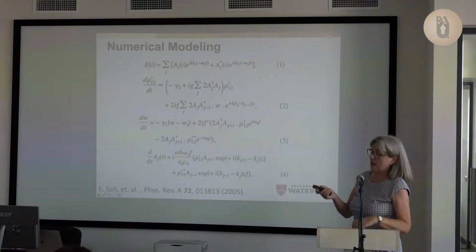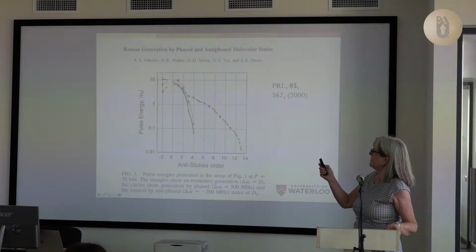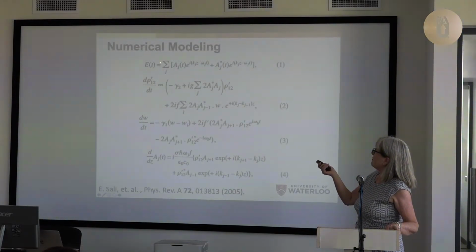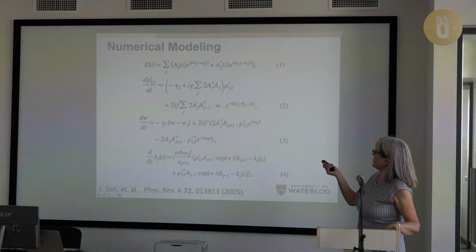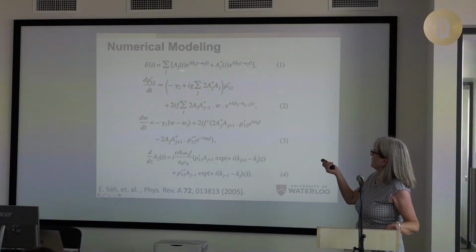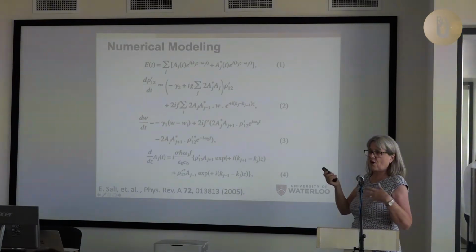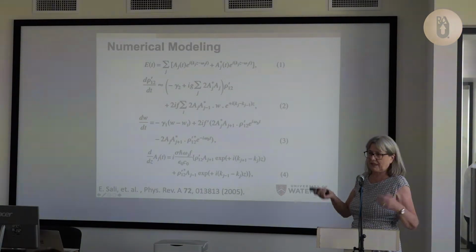But the one thing I'll point out, and I've just now started to get a theorist to help me, is that the only theory there starts with the fact that your electric field in time is going to have all of these orders. To start with, at early time, you would only have the pump, J equals 0, and the J equals -1, call it the Stokes. All the rest of the A's would be 0 at the beginning of time.